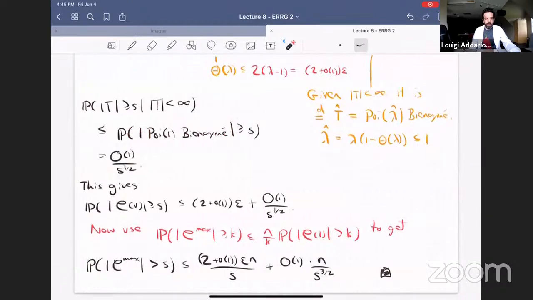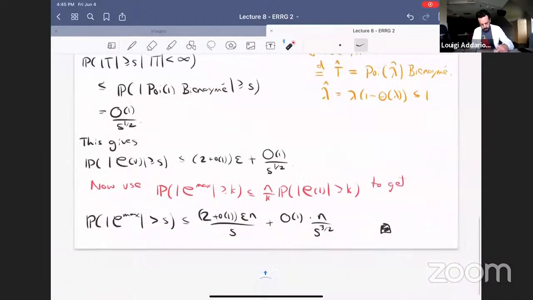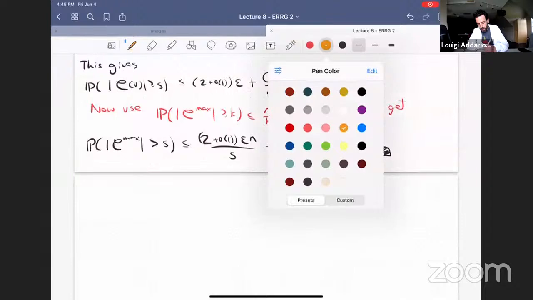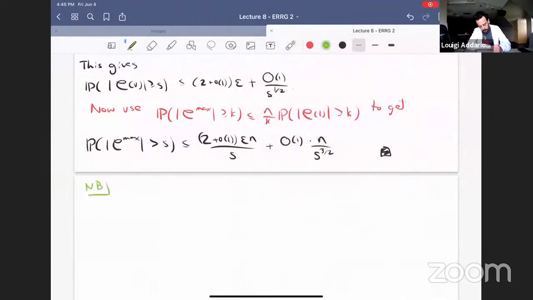Fine. So what does that tell us? Well, I don't have to scroll back up to this theorem statement because I've rewritten the conclusion right at the bottom. How much can we get out of this? We're not going to get anything if s is less than n to the 2/3, because then we're just bounding this probability from above by something bigger than 1, right? So that's a first remark. So this is useless for s less than n to the 2/3, but as soon as s is bigger, it tells us something. So it tells us that,